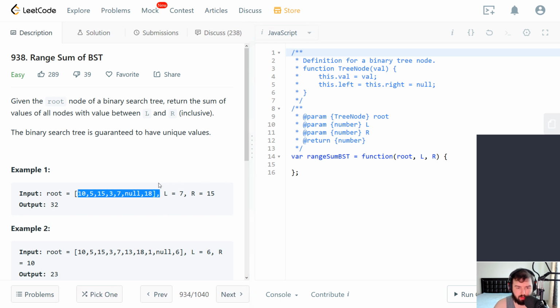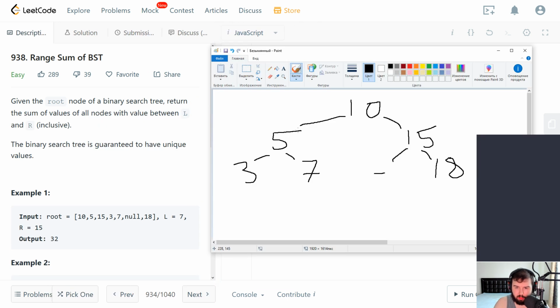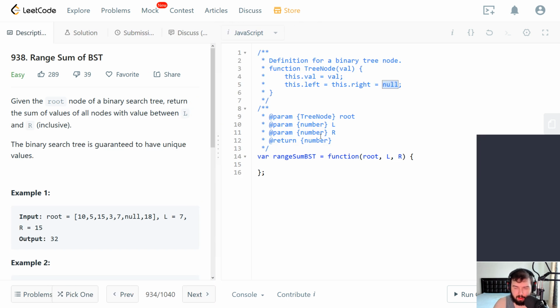So I just want to go through an array. We will anyway need to do this since, okay, root is a tree node. So it's just a bit unclear. Is it a tree node? Because here I see an array and not a tree node. Okay, we have an explanation here, so it helps a lot. Yes, we're starting with a tree. We don't need to build it, and we can just go through the tree